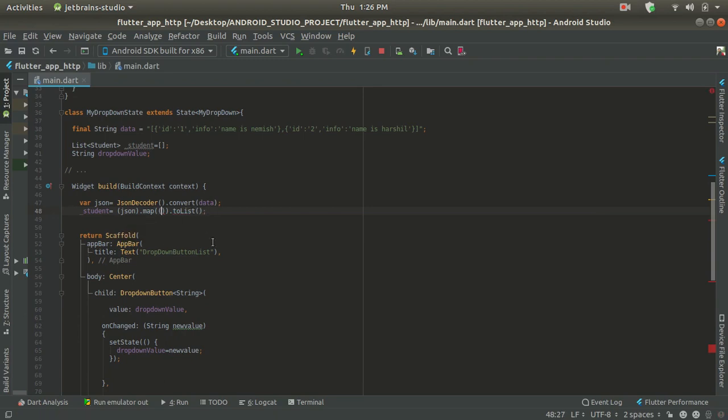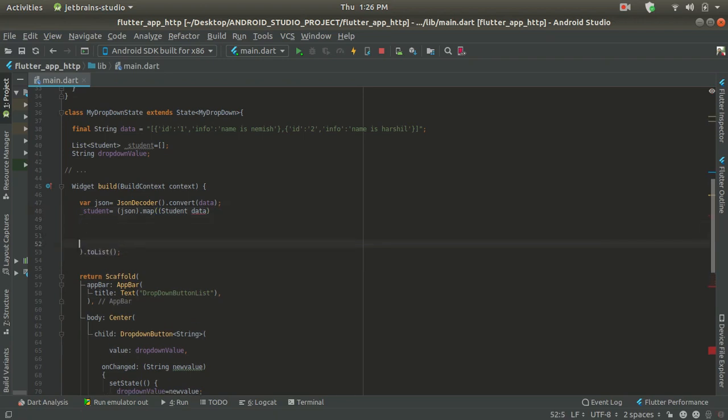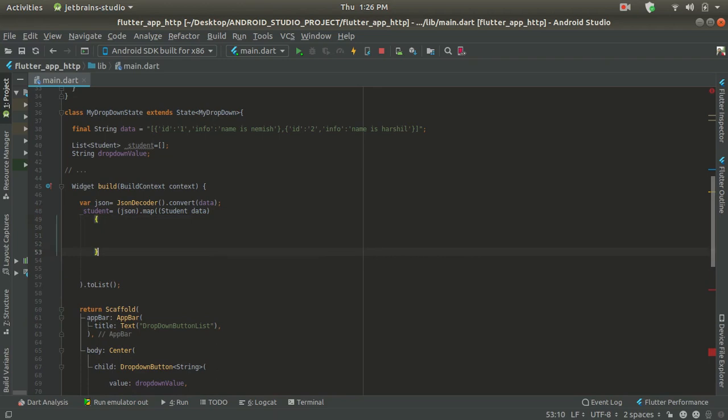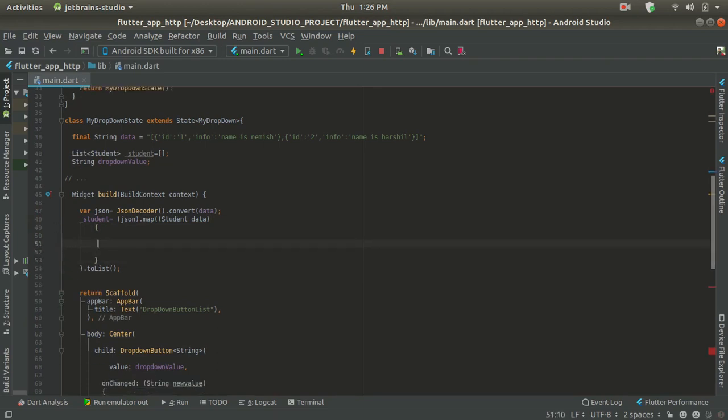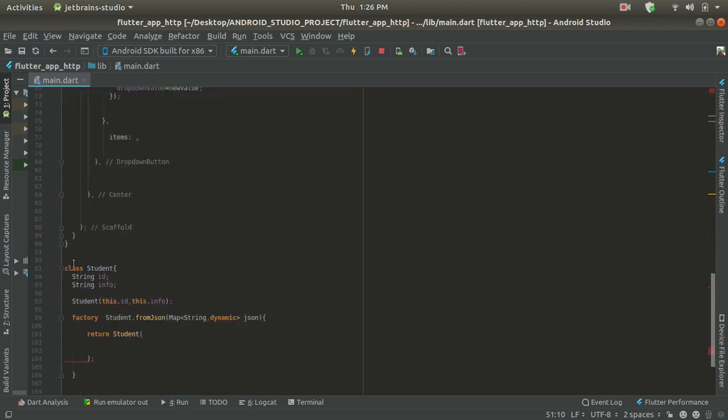Now as you can see, inside this we are going to use student and data, and here we have to build one function which is going to take a conversion between the JSON data and this student class.